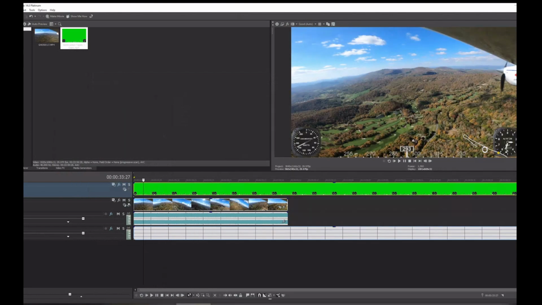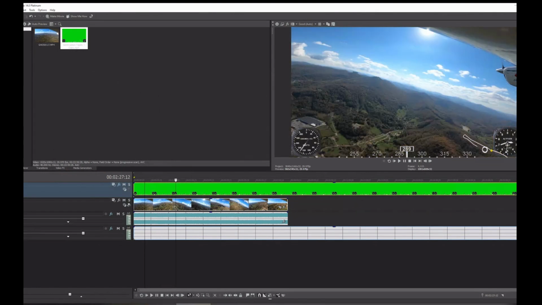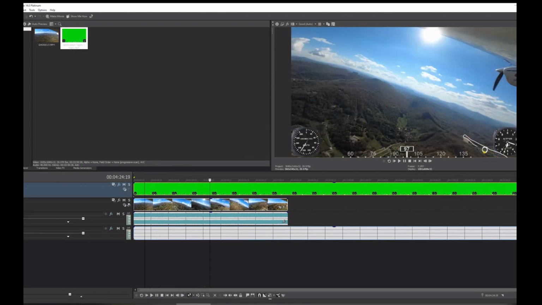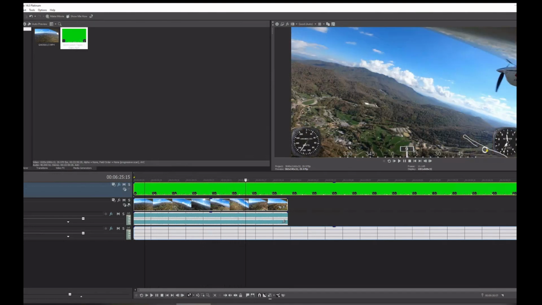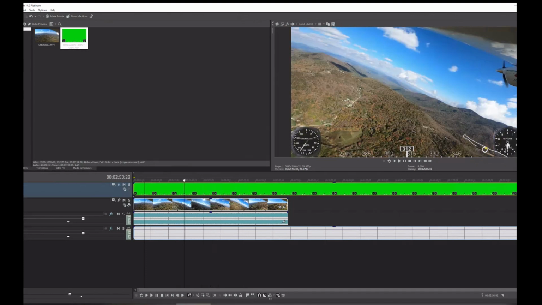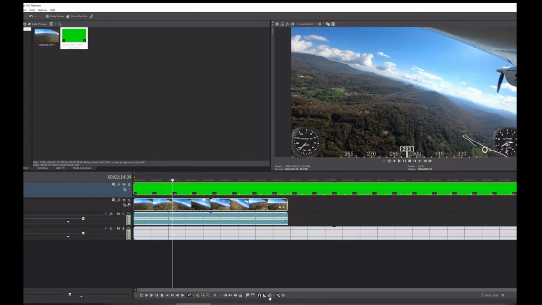So now I've got a video that has the data overlay on top minus the fake bright green, and then it's got the beautiful airplane video underneath. So at this point, what I would really just need to do is sync up the two videos. I'm not going to take time to do that today. I could get it in the ballpark here,